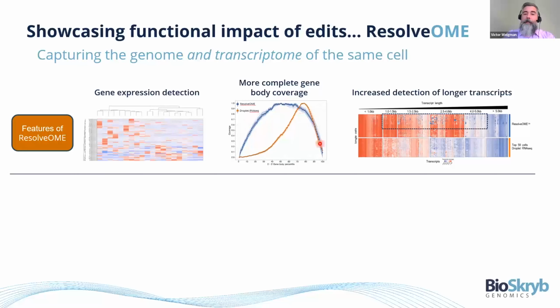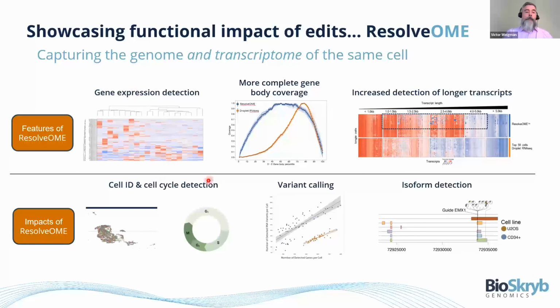We're also, again, because of that amplification of the isoform in the cell, seeing a much broader gene body coverage than a standard droplet-based sequencing technology. Again, the Resolveome is in blue and droplet RNA-seq is in orange. Even more interesting, every row here is an individual cell. Every column is a transcript. We ranked the transcripts by their length, and we see that Resolveome is able to detect much longer isoforms than your standard droplet sequencing. So we're bringing a highly resolved transcriptional product on top of this well-characterized and robust genome